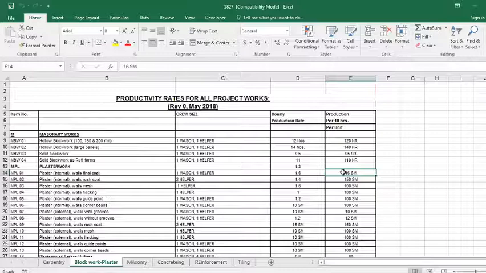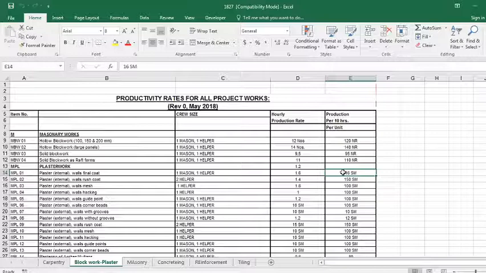Now you will have to calculate the quantity of the work we have. Understanding how much quantity of work we have to do per day, I'll assign that many masons and helpers. Assume I am using 5 masons and 5 helpers. So 16 into 5 is what I get per day.